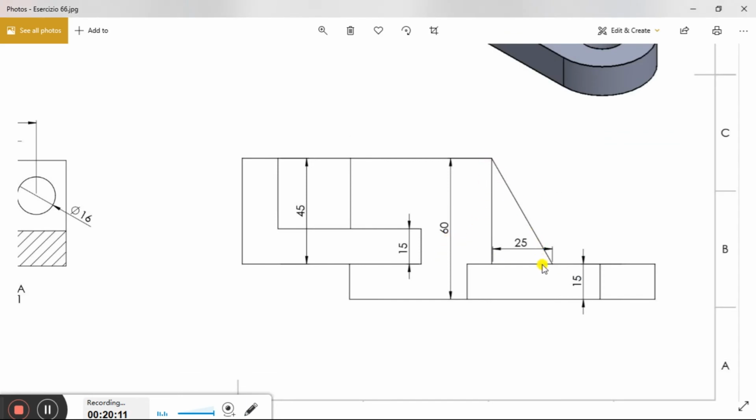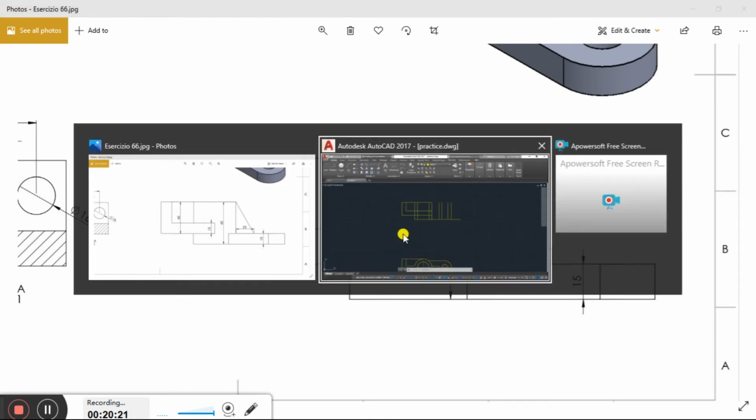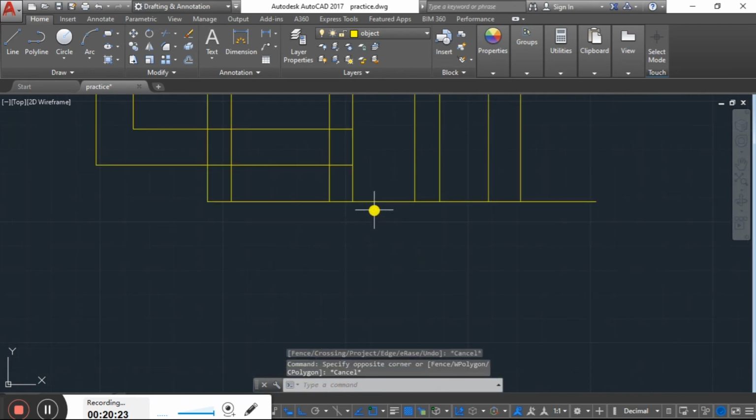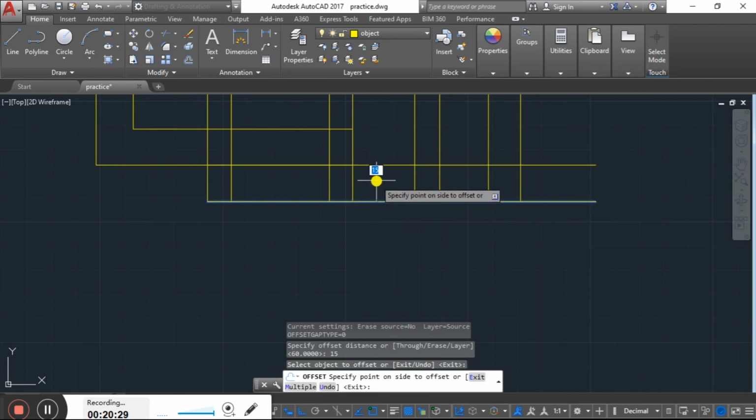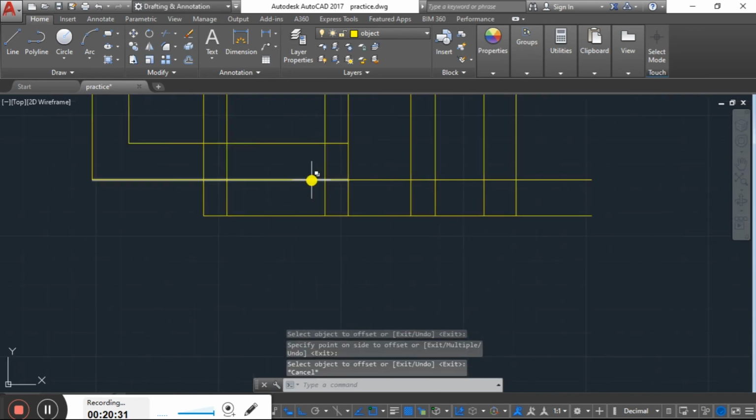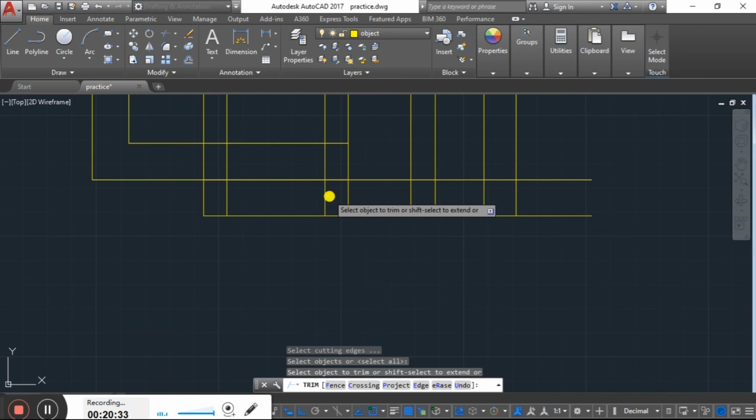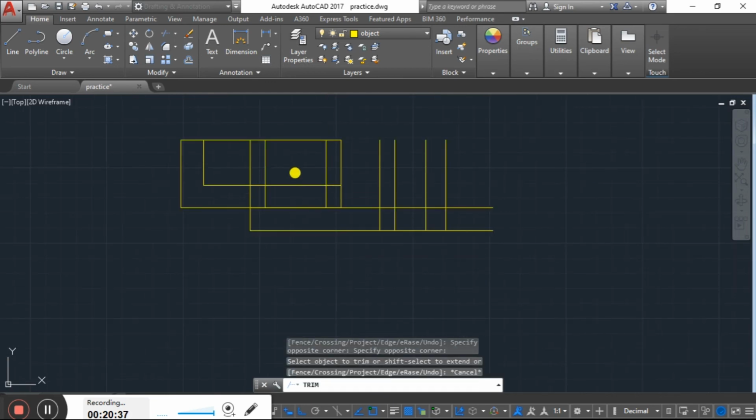This one will be our line. Okay, now here we have 15 mm. Again we offset this line up to 15, up to here. Okay, trim this section also.